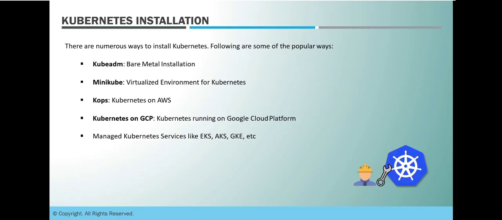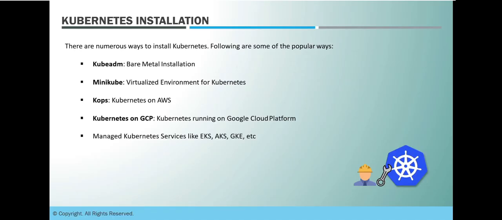So that's where a lot of vendors and lots of users have discovered multiple ways to install Kubernetes. Out of which one is kubeadm. Kubeadm we use to do installation on our own virtual machines or physical machines. It can be a bare metal installation on both types of servers, physical or virtual. Then comes Minikube. Minikube is a small tool that actually gives you a virtualized environment on your own VM.